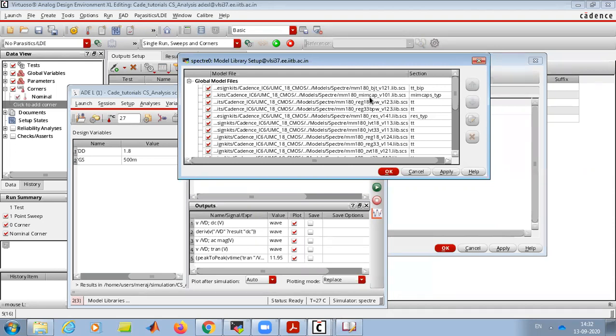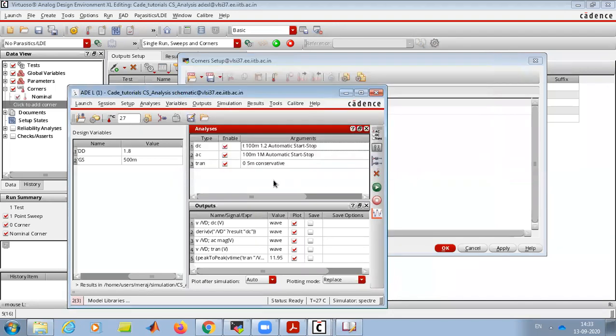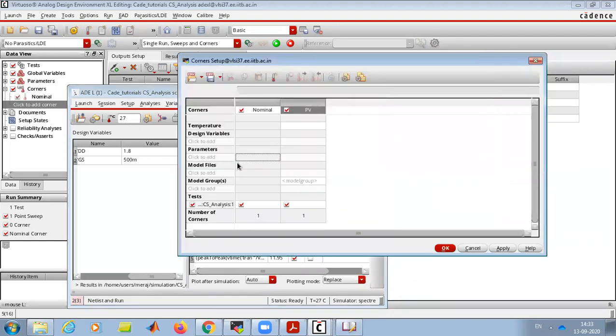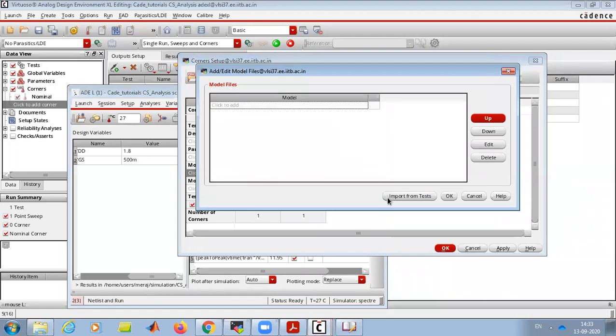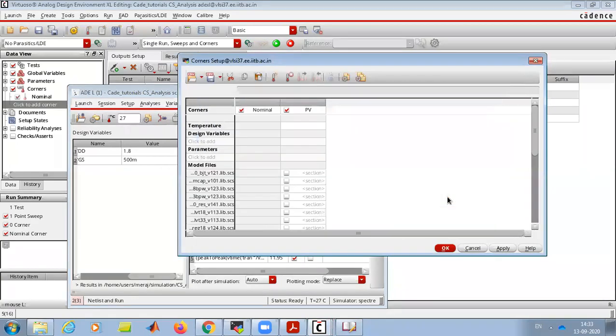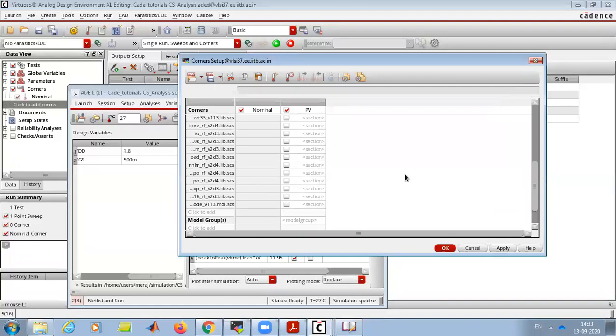If you have capacitors, you have this information. BPW is a transistor type, this is for resistors, this is for low VT transistors. And for the transistor we have used, the model is there in the version 124 file. If we change this TT to some other parameter, it will simulate. A simple way is to add the model files and import from test. Press OK, and all the model files are added.